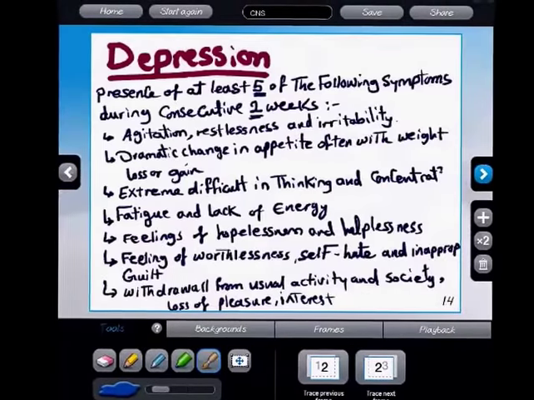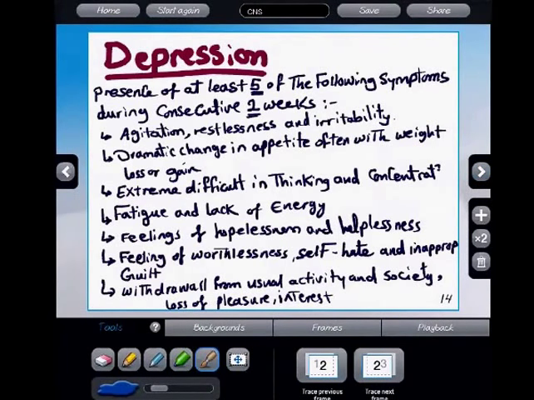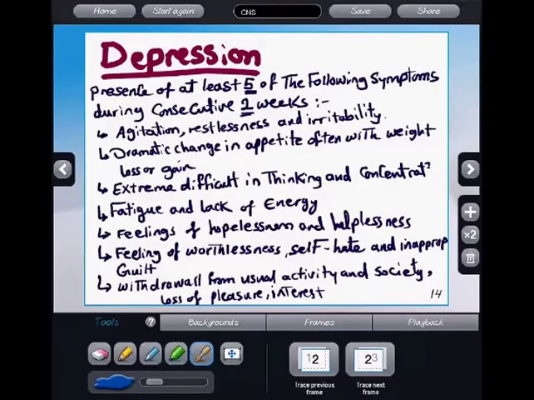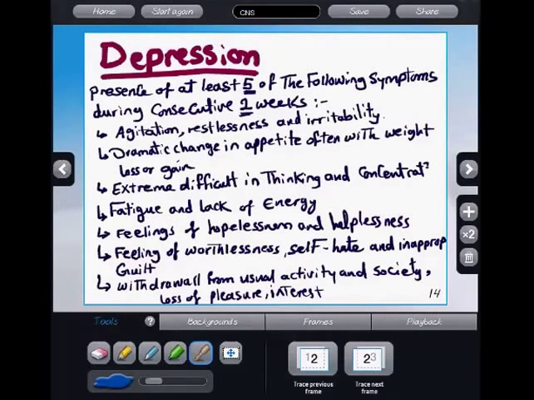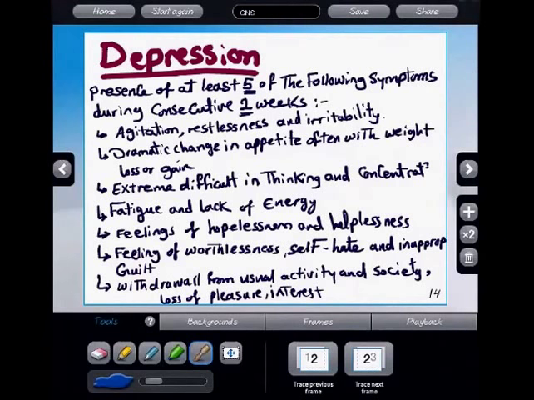Okay guys, let's talk about depression now. About depression, guys, the presence of at least 5 of the following symptoms during 2 consecutive weeks, you can consider this patient as depressed: agitation, restlessness, and irritability, dramatic change in appetite, often with weight loss or gain,